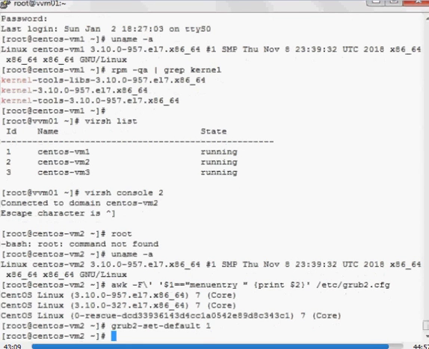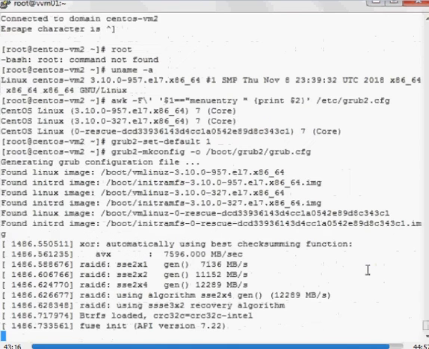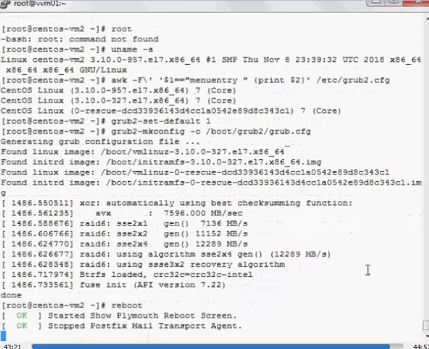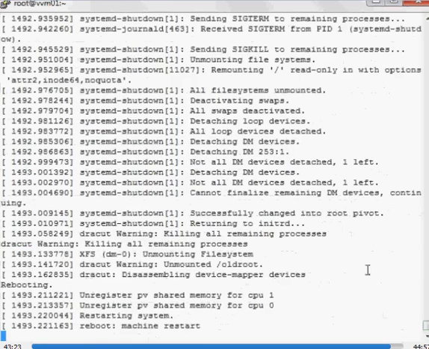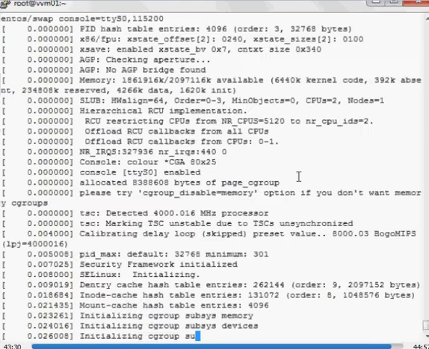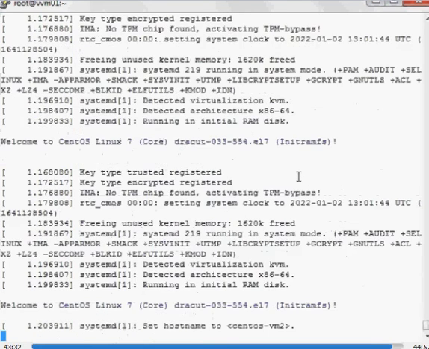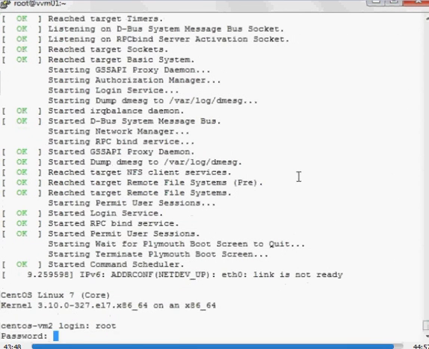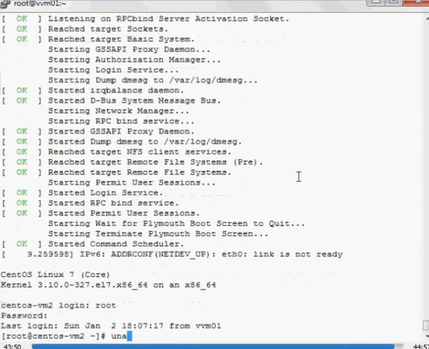Now we will compile the grub configuration. Now let's reboot the server. You can see now it is going directly to the second kernel. Now you can see the server is up and working fine.